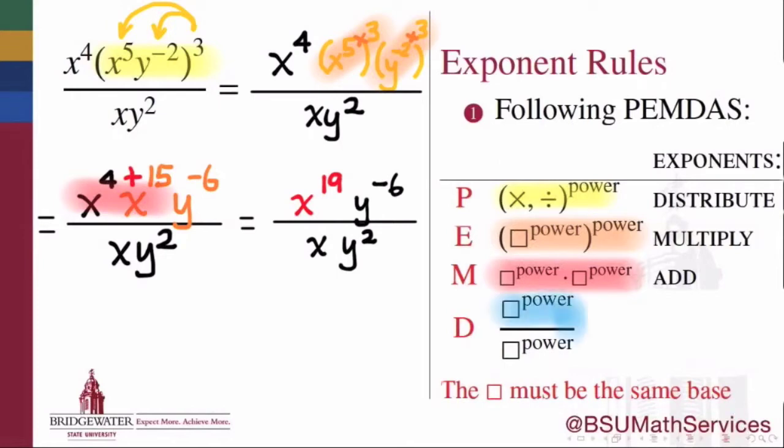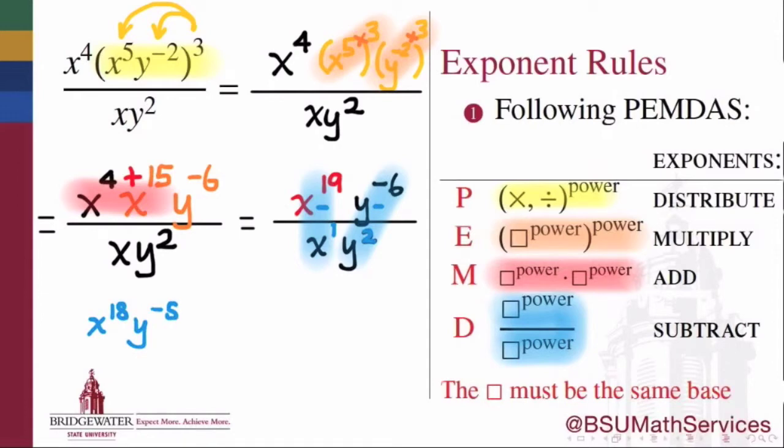In our example, there are two instances. We're dividing x to the power 19 by an x in the denominator, which has implicitly an exponent of 1 on it. We're also dividing y to the power minus 6 by y to the power 2 in the denominator. In each of those expressions, we can transform the division which is happening to the powers into instead subtraction applied